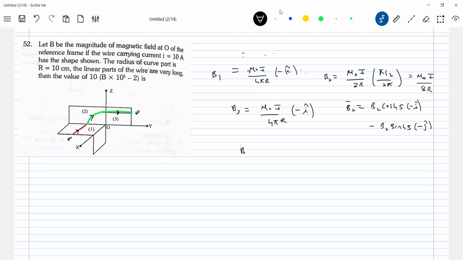So take the resultant field B1 bar plus B2 bar plus B3 bar. Different segments of the current carrying structures will lie in different planes, then you have to take the vector sum. Due to the total ring it will be along the x-axis. Due to the semicircular it will be along that one. Due to the quarter circular arc, it should make some angle between x and y. It will be making an angle of 45 degrees.